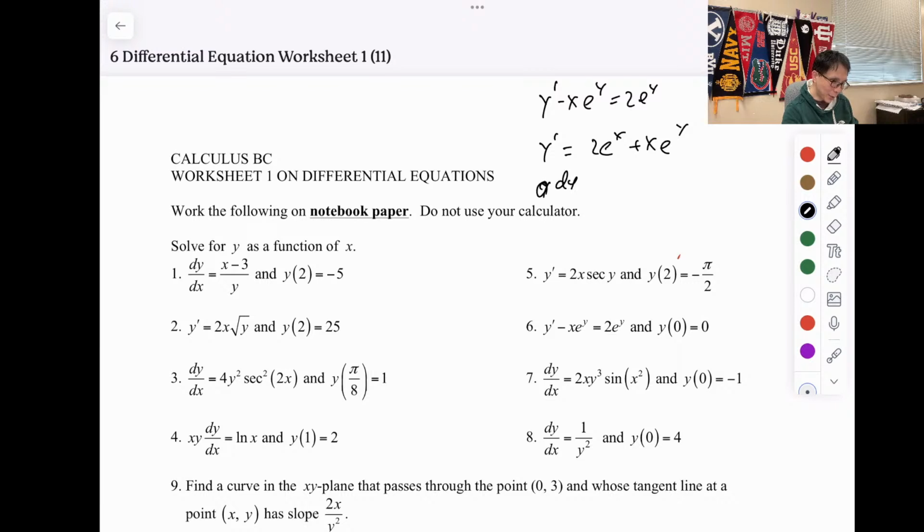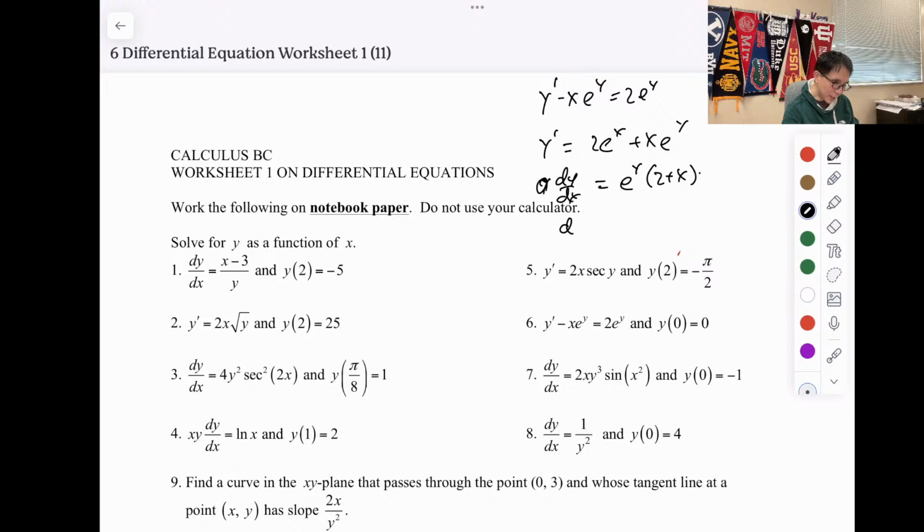I'm going to write down dy/dx is equal to e to the y times 2 plus x. Does that make sense? I mean, sorry, not dx yet. I haven't multiplied to the other side. So I multiply dx on the other side. I divided by e to the y on both sides, so it'll be 2 plus x